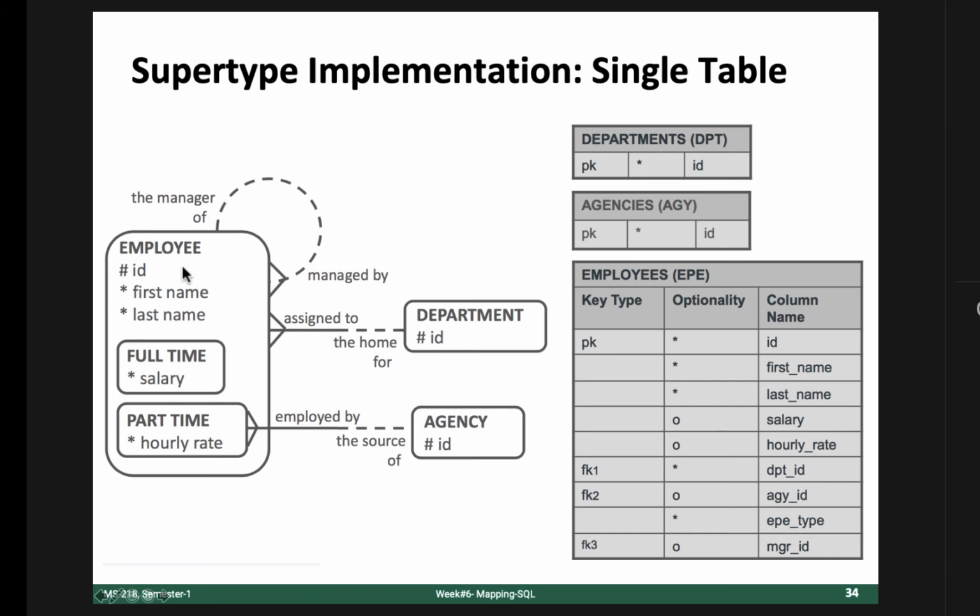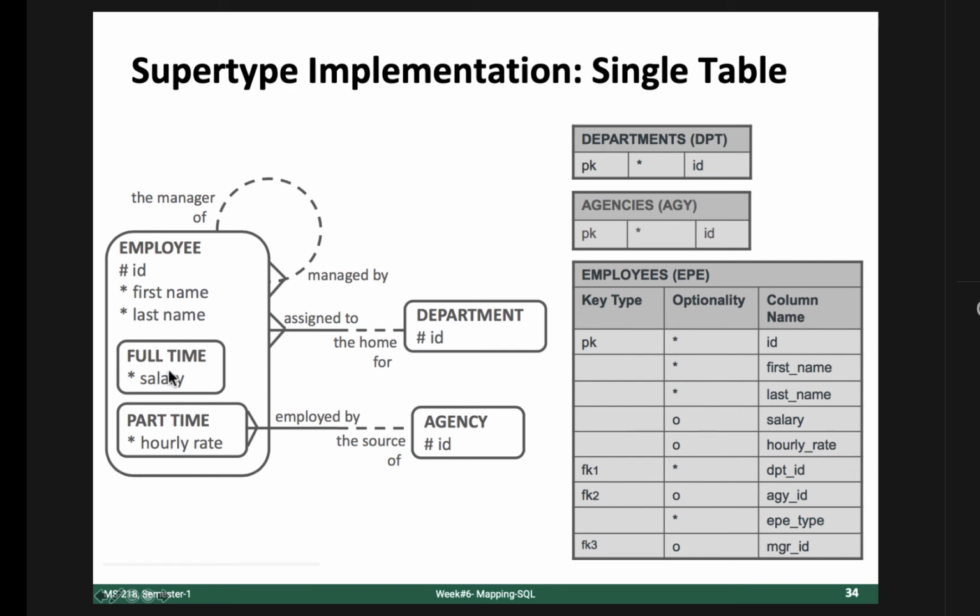We have employee, and we have two other entities, department and agency, and obviously we are creating separate tables for departments and agencies. But in employee we have two subtypes, full-time employees and part-time employees.